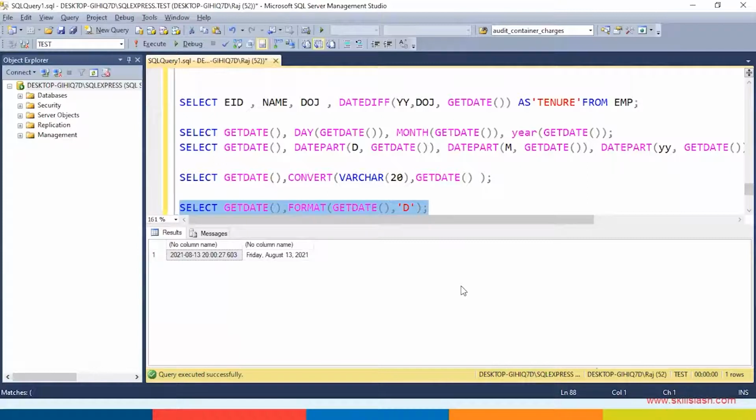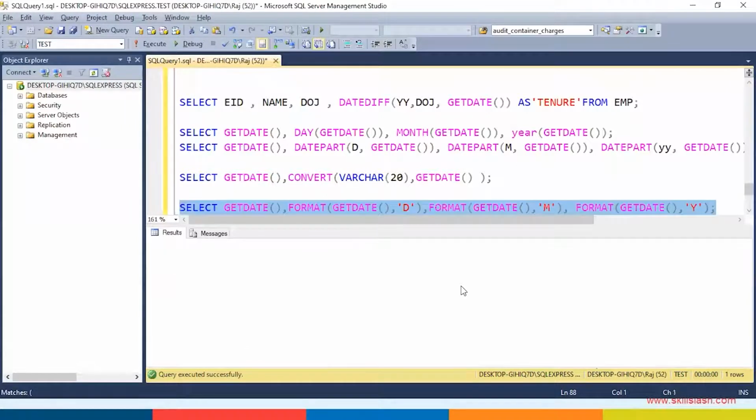The focus is on the day, that is Friday. I will say month. I will say year. Now see the difference: August 13, August 2021.